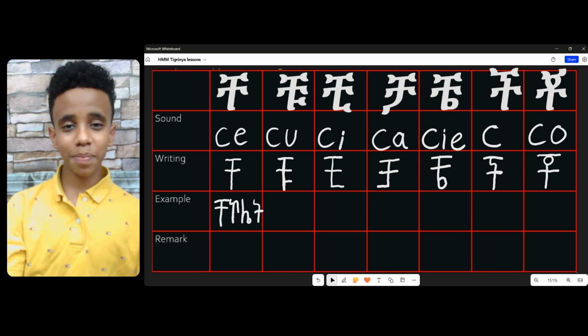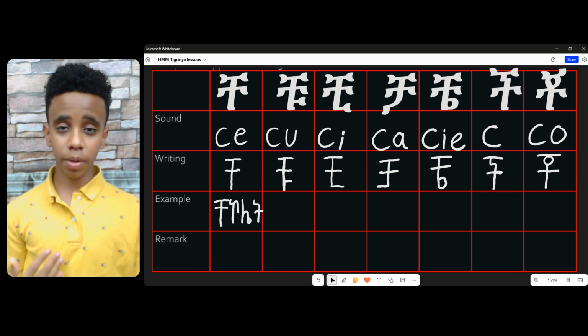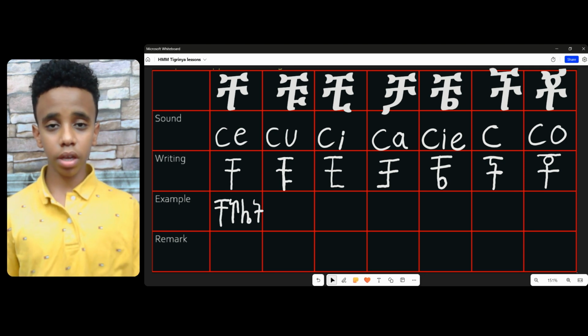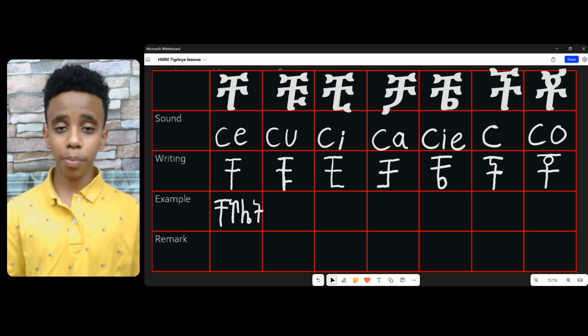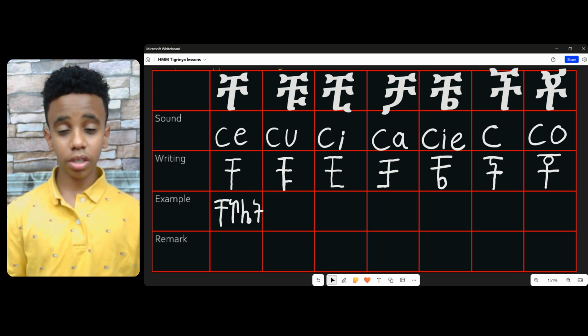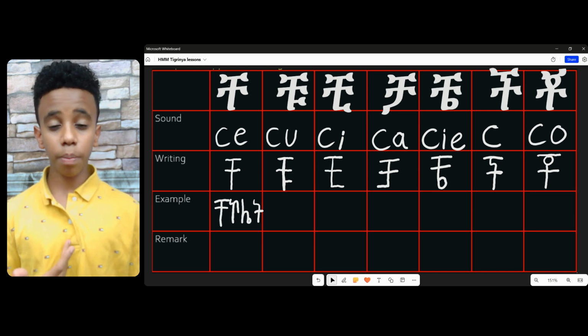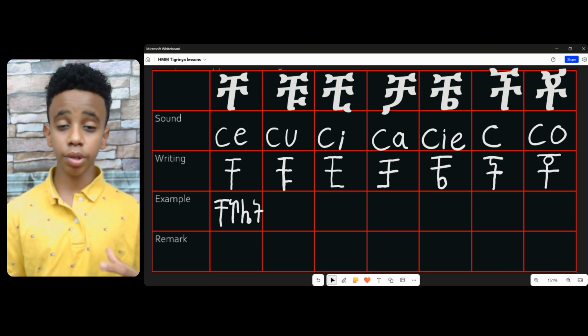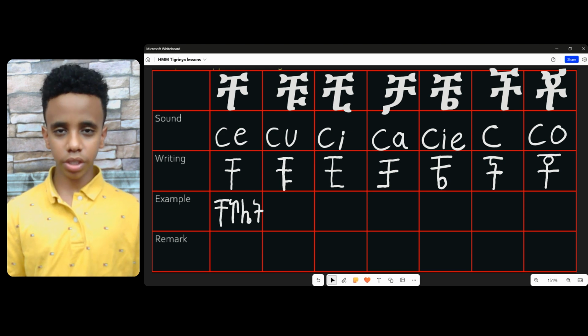So, if you were like me, then in English, for example, if you were to say, I like to eat Oreo chocolate after lunch. The reason I say Oreo is because I like Oreo, but you can just change to whatever type of chocolate you want. Okay, so it isn't fixed to Oreo. I'll say the English again. So if you wanted to say, I like to eat Oreo chocolate after lunch, in Tigrinya you would say,